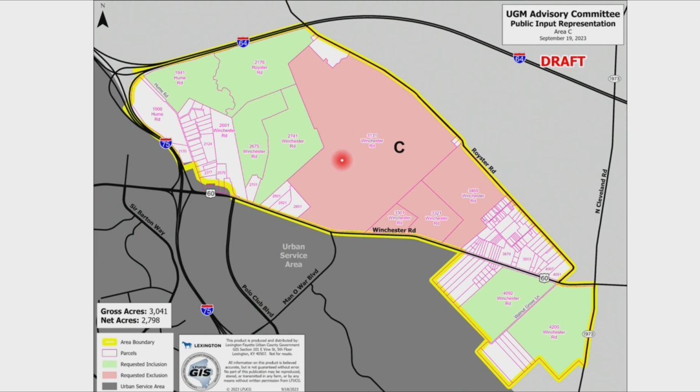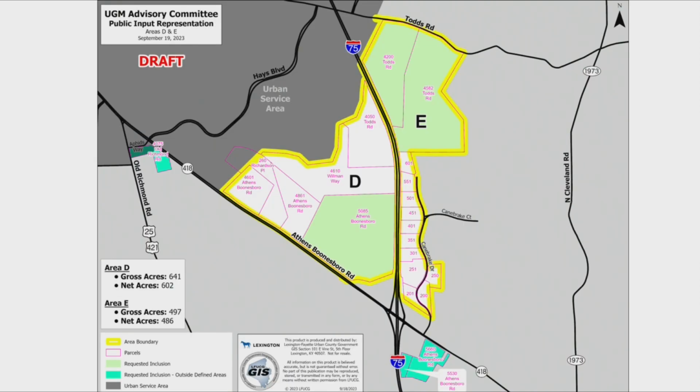And then the two large property owners with about 4 or 5 parcels in the middle specifically said, no, we do not want to be included and we do not foresee urban development on our sites for the foreseeable future. Area D, we heard from one property owner here who said, yes, I want to be included and I'm ready to develop. And I will also tell you, overnight, we received an email communication from the attorney representing this property where the letter D is, and this property that we've called the pond property. And the representative for both of those properties said, yes, we want to be included and we're ready to develop.